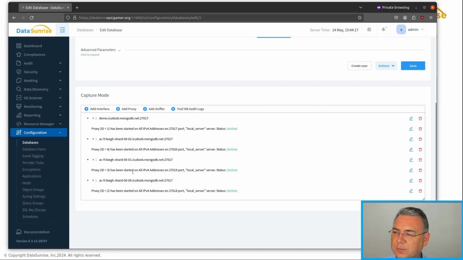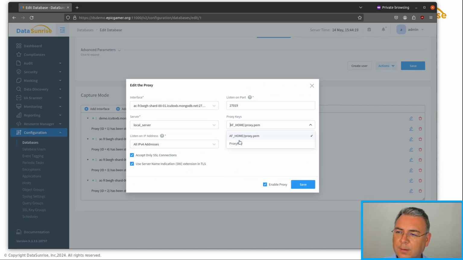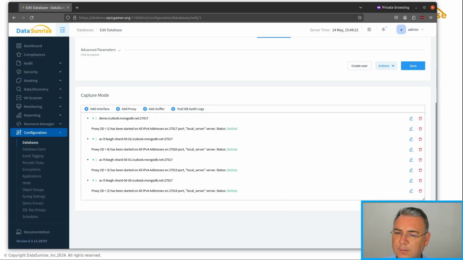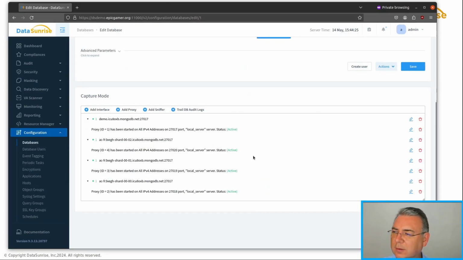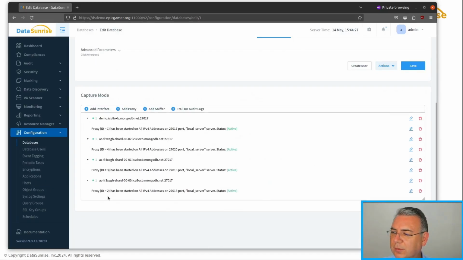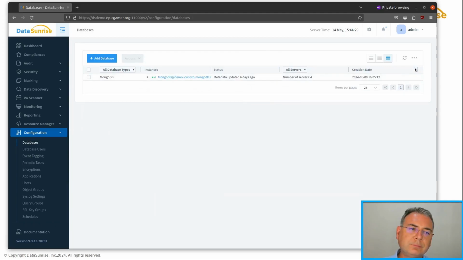This is for number 2, 3. It's part of my cluster. I hope 1, 2, 3, 4. Okay. Now, since I've applied a new key for the proxy, what we can do is test it now the same way I have tested from my machine, connecting to the DataSonai proxy